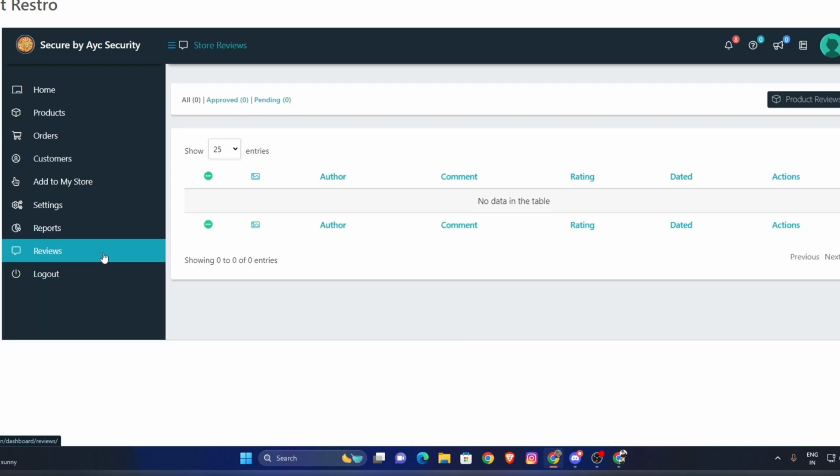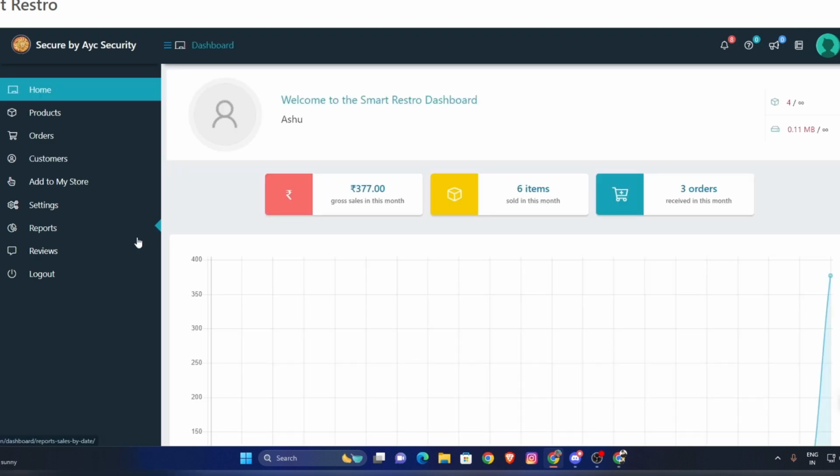You can see on the top right corner, there are 3 options. Notification board, which we have already told you. Query board, where you can chat with us for any inquiry and reports. Announcement, we will update any policies, guidelines, which will be announced here. If you want to learn how to use this website, you can click on knowledge base also. Get more details. If you want to log out from the device, click log out.